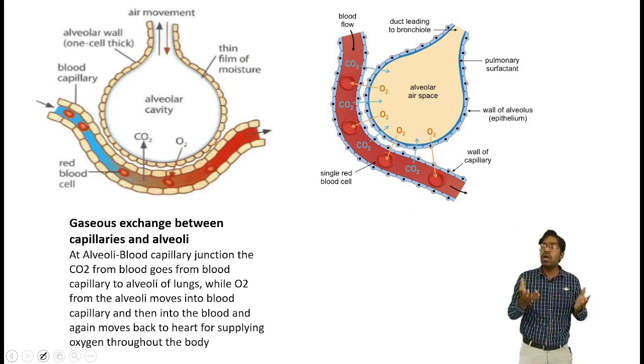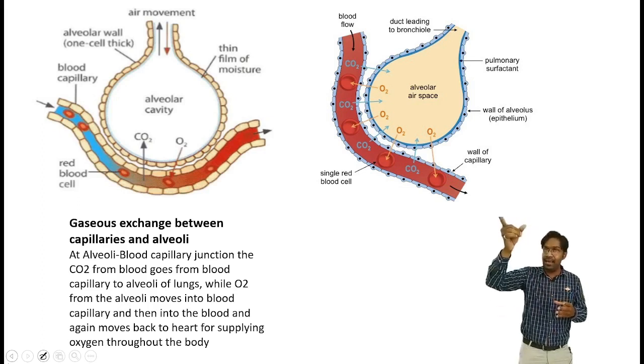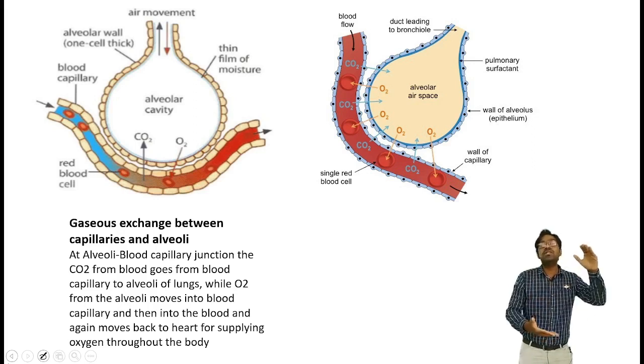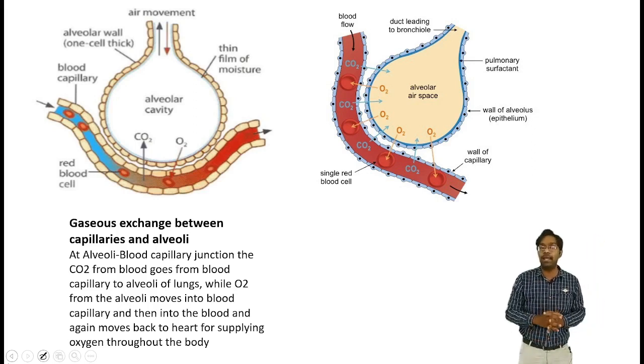Why is it so? Because the partial pressure of oxygen in the air is very high and the partial pressure of oxygen in the blood is very low, because the deoxygenated blood is moving through the blood capillaries. Therefore, the concentration of oxygen is very low in the blood capillaries. Due to this difference in concentration gradient, the oxygen from the alveolus will move inside the blood capillaries,